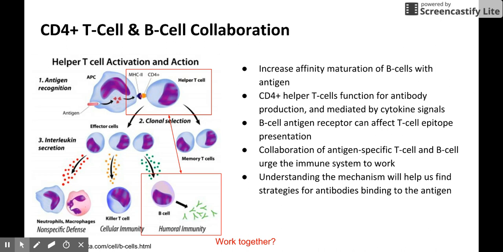Understanding the mechanism of how B cells are activated and the interaction with CD4 plus T cells will tell us immunization strategies, such as antibodies binding to epitopes, in this case, CD4 binding site and V2 loop on the virus. CD4 plus T cells themselves may find it hard to fight back the HIV GP120 protein, but might work in collaboration with